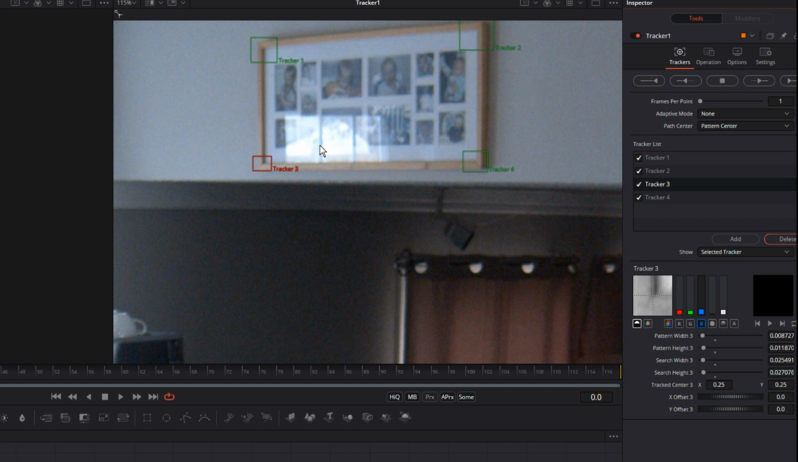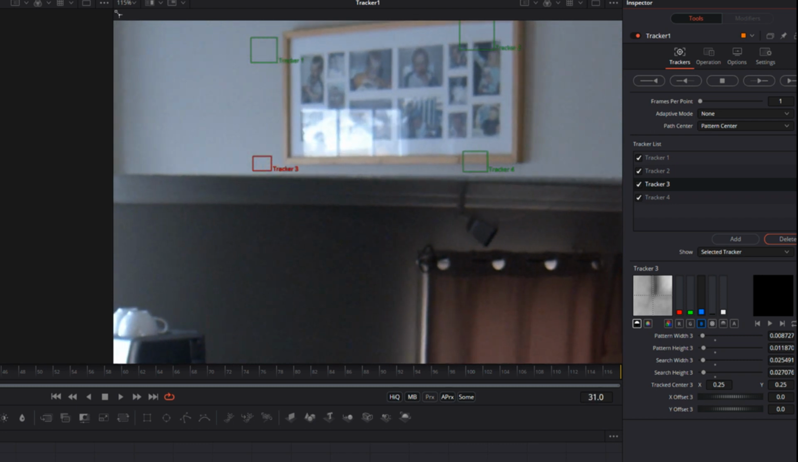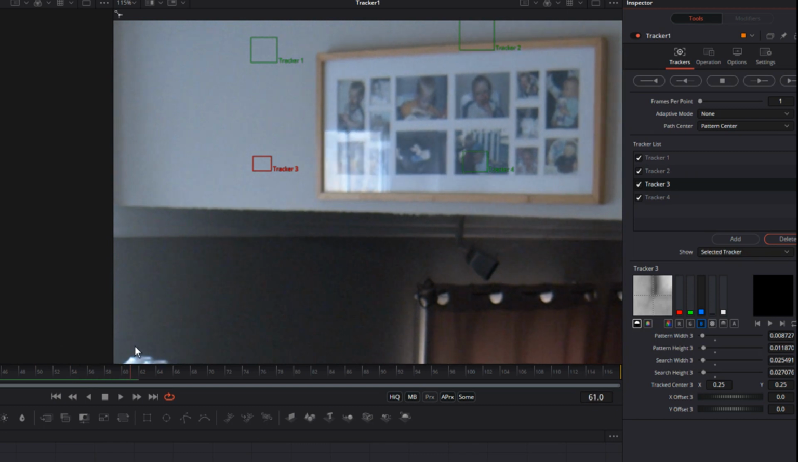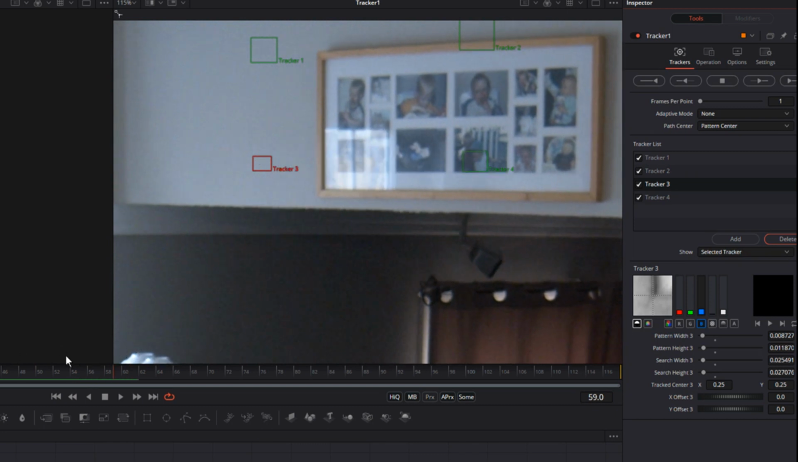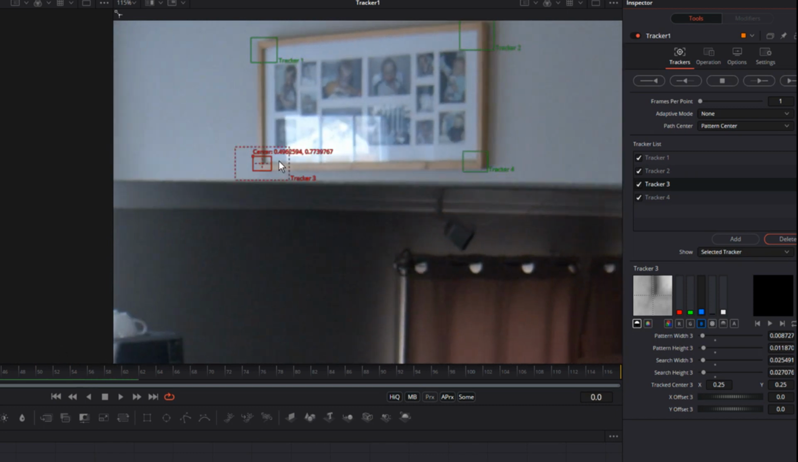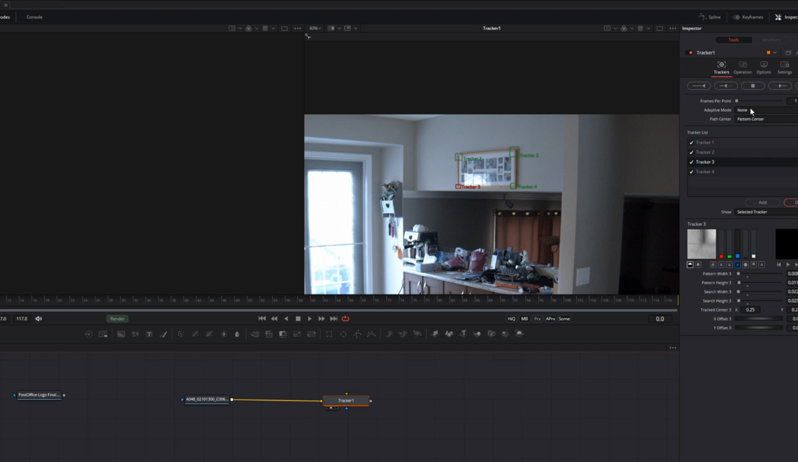Now we will notice that there's a reflection on the glass which is going to go across and possibly interfere with tracker 3. So that's one of the reasons I've made the search area nice and small, or the tracking pattern area nice and small. We're going to track in the adaptive mode. We're going to do every frame, and we're at the first frame of our timeline. We're going to go forward,